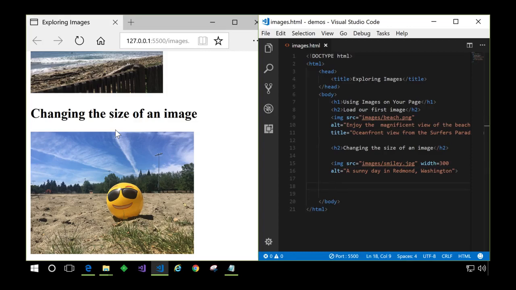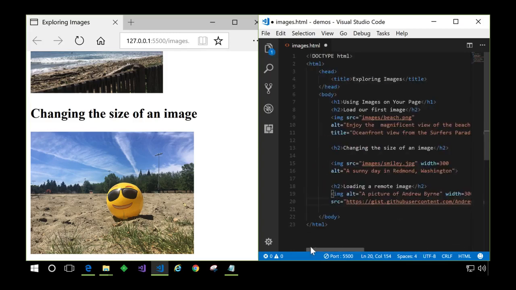Finally, I'd like to show you how to load remote images. Up until this point, we've loaded images located on a path relative to our page. As you can see here, the smiley.jpg image is in a folder called images relative to this page called images.html. However, the real power of the web is to be able to gather information from across the internet. And all we need to do is supply an address. This time, I'll paste one in. And as you can see, this is just a URL. And it's telling the browser to find this image located at this site,